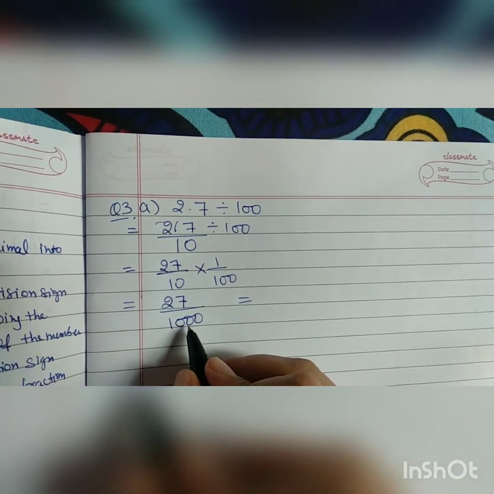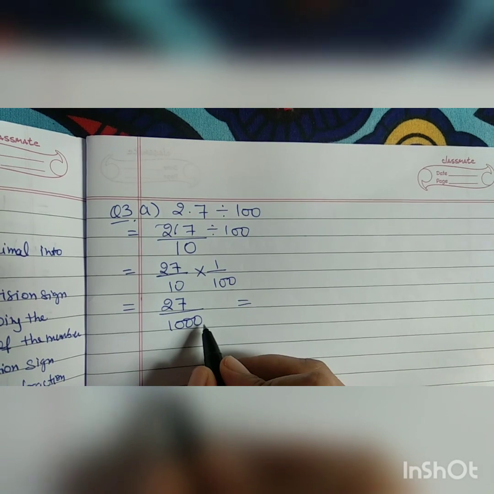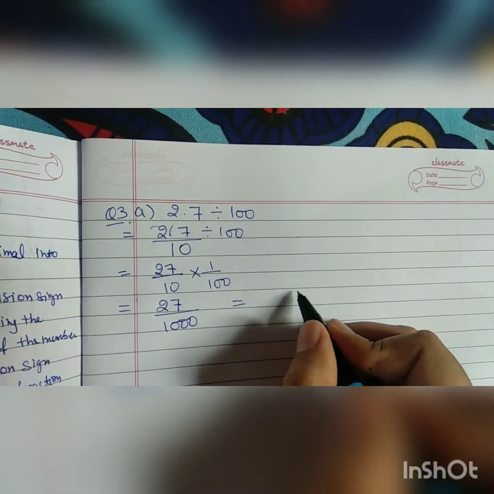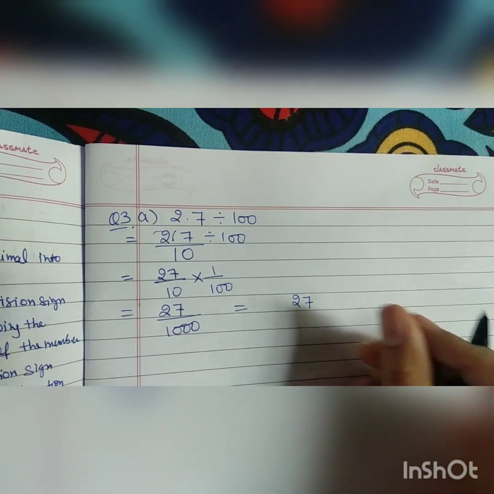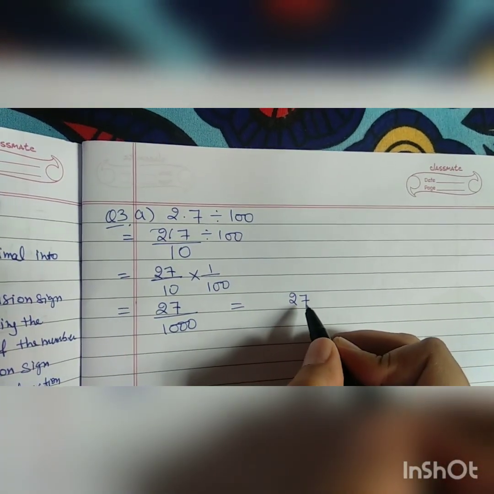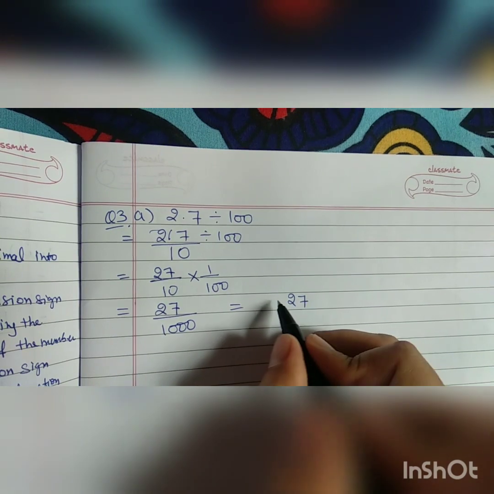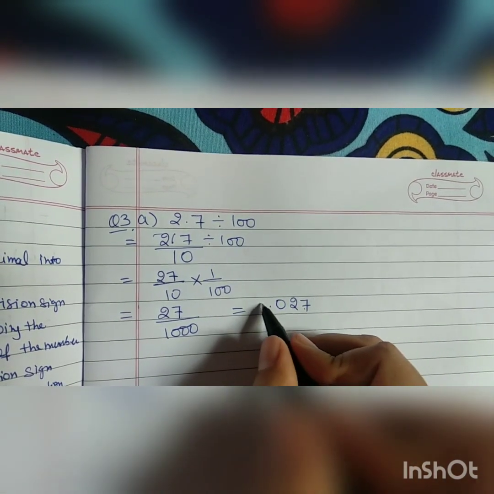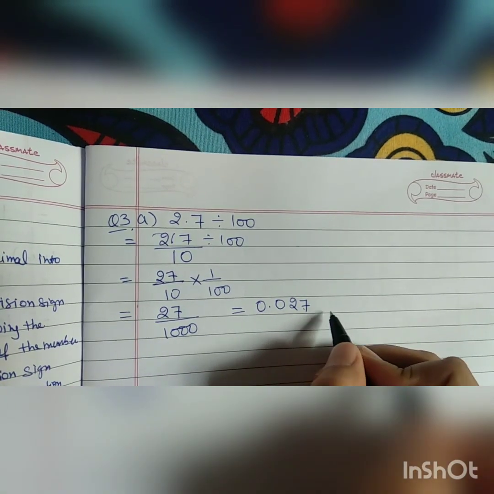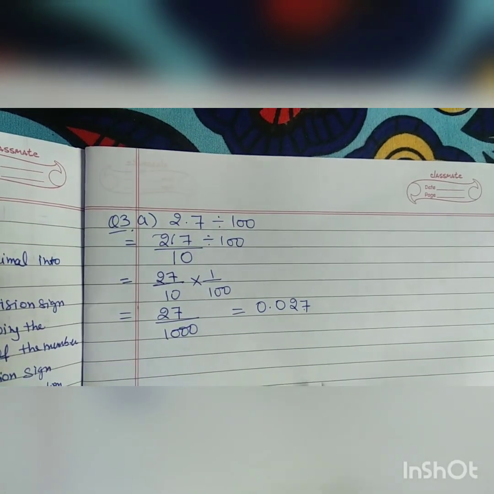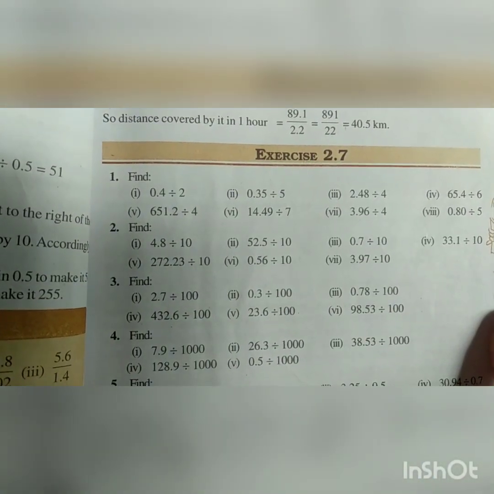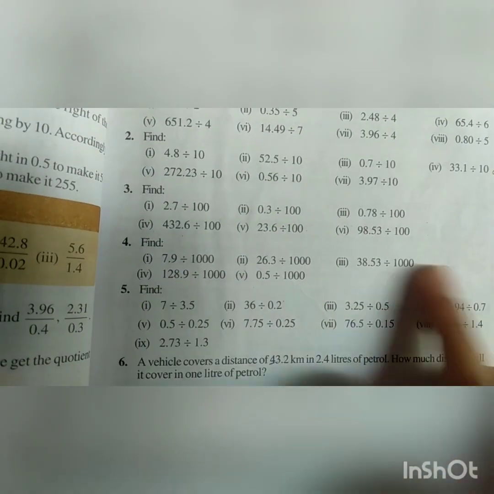Now here there are 3 zeros in the denominator, so we have to put the decimal after 3 digits in the numerator, but there are only 2 digits in the numerator, so we will write a zero in front. So this is 0.027. And all other parts of question number 3 are your homework, and question number 4 is also your homework